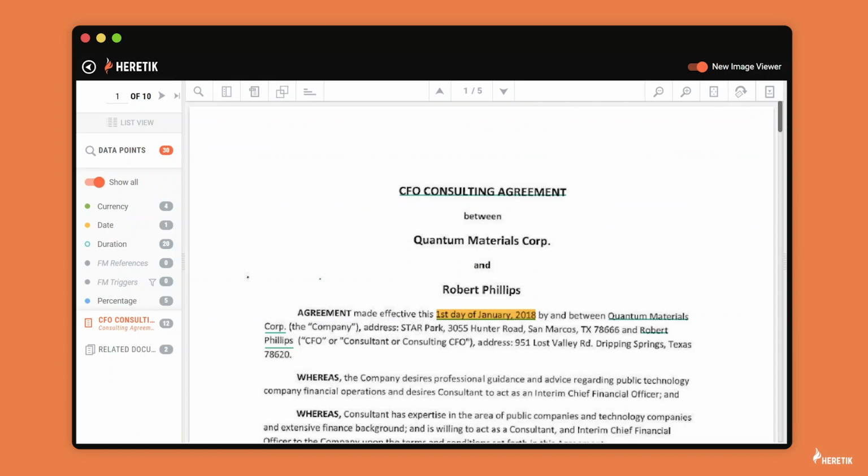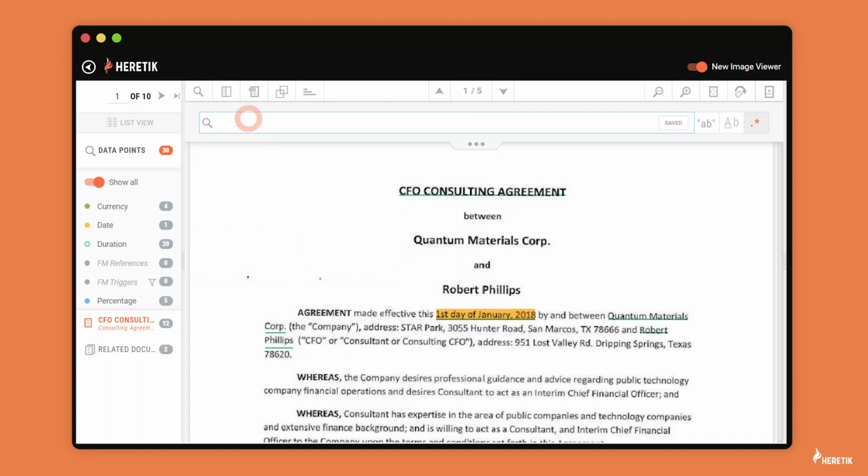I'm going to walk you through creating regular expressions in the Heretic Viewer. Your first step is to click the Search button in the Heretic Viewer's toolbar. Next, you'll want to make sure that on the far right of the search bar, you have Regular Expression Search toggled on. Finally, I either need to write out my regular expression or copy and paste it into the search